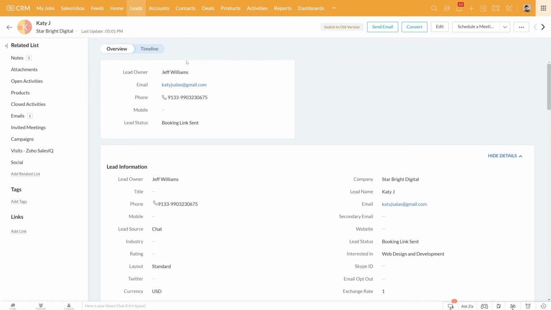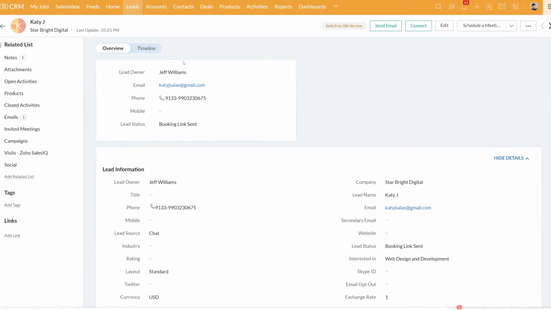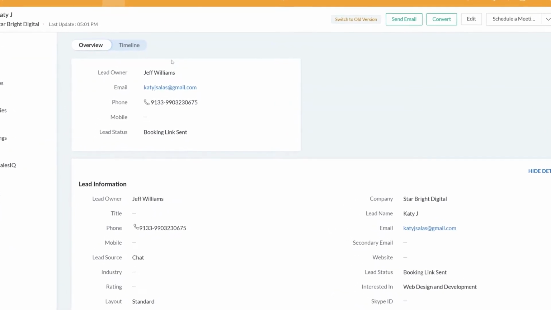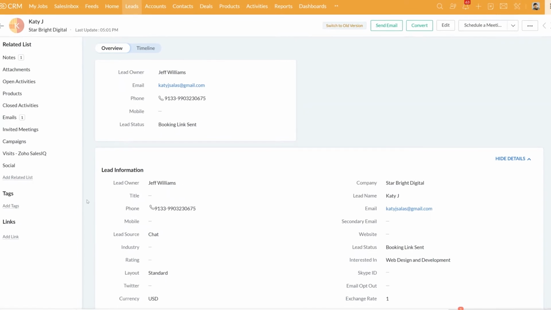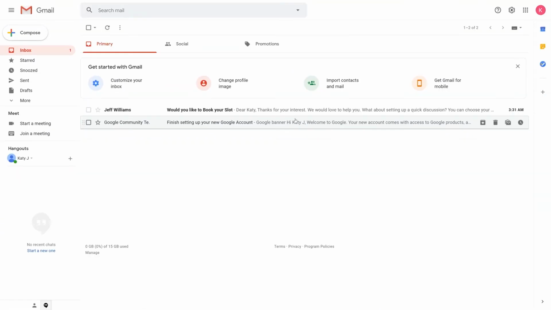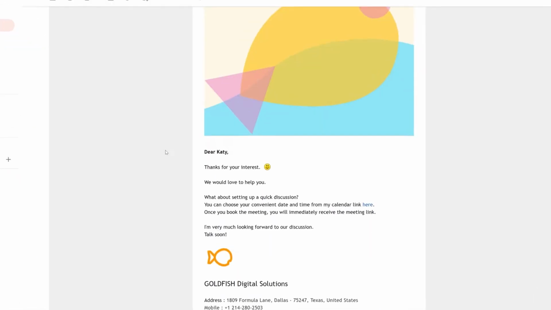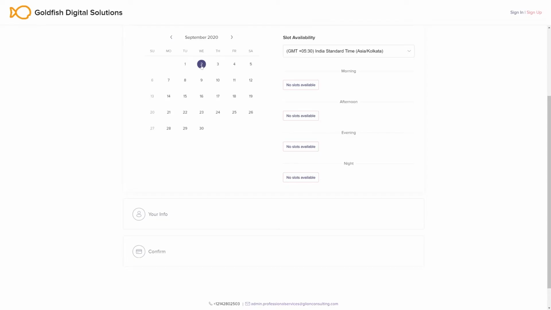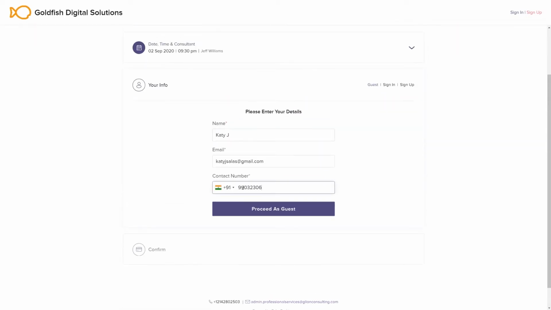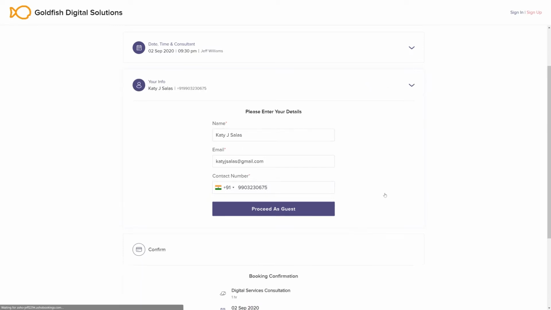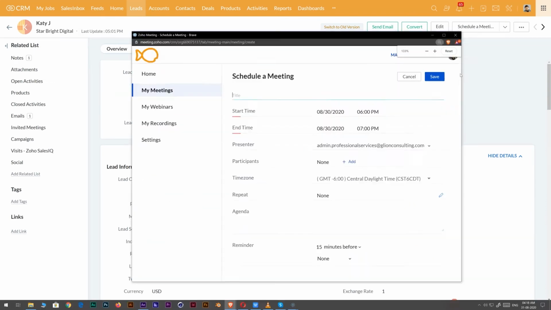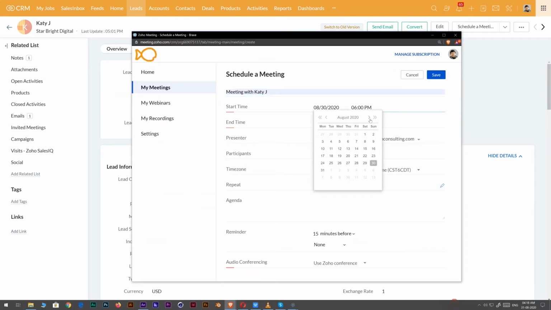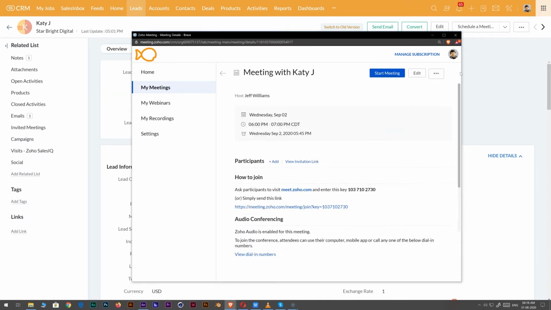In most professional services businesses, you would have multiple touch points and need to set up meetings to understand the requirement further, create a solution, demonstrate the solution, and finally table a proposal. So the moment the lead reaches your CRM, the system sends out a welcome email with a link where your prospect can select a convenient date and time for an online or offline session. You can predefine your available meeting slots here, and once they schedule a meeting with you, you can send them the meeting invite with the meeting link for an online session.